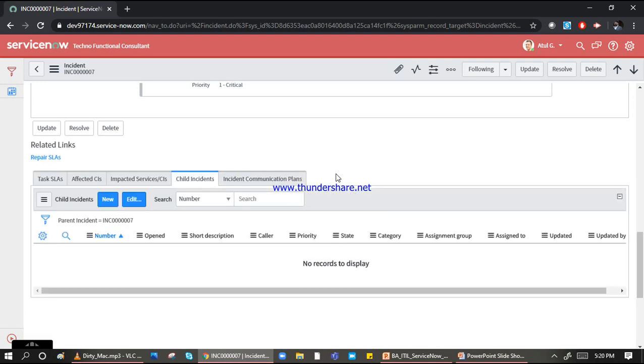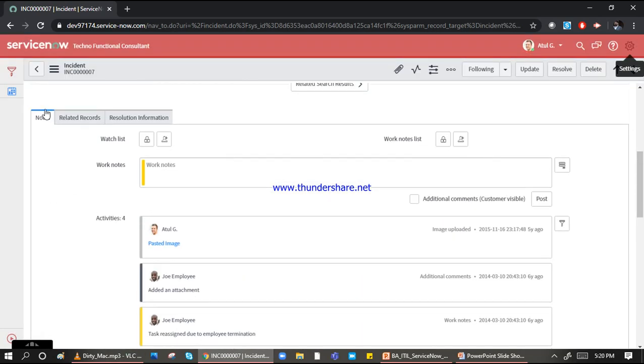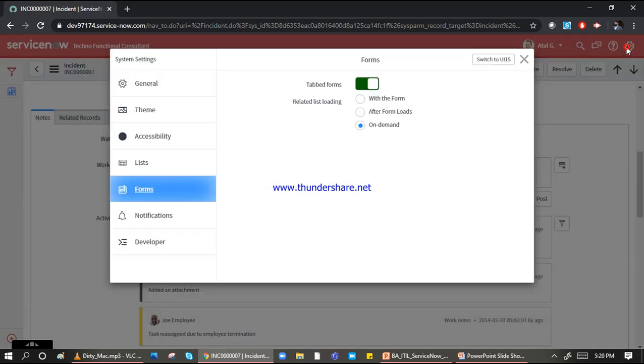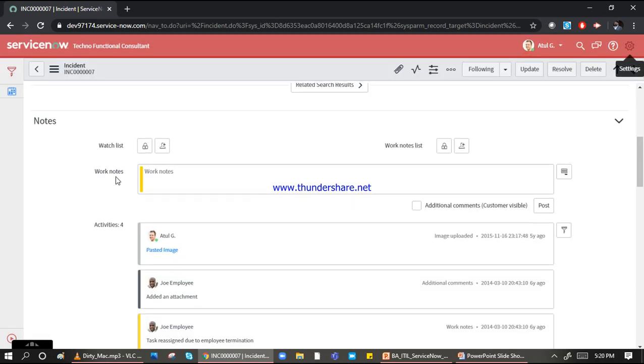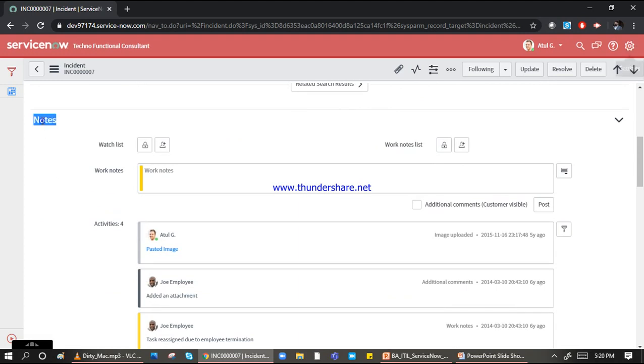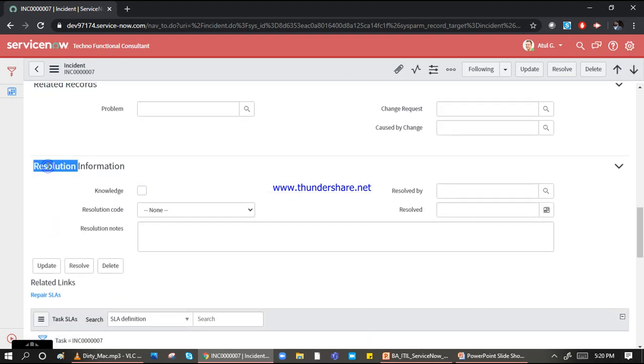How this setting works: go to the form view, tab form. Right now it is coming in the tab form. I want it as one, two, three: notes, related records and resolution information. Go to settings, turn the tab form off and click OK. So now you can see notes is one thing, related records second, resolution third.